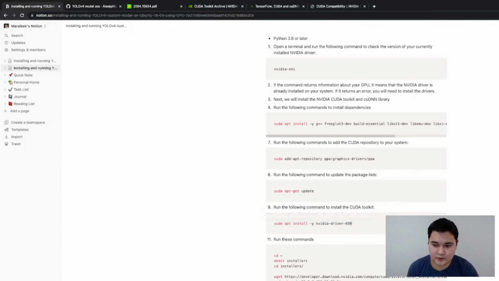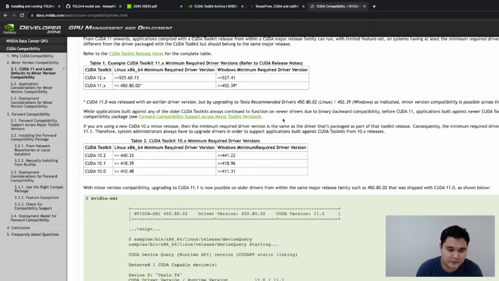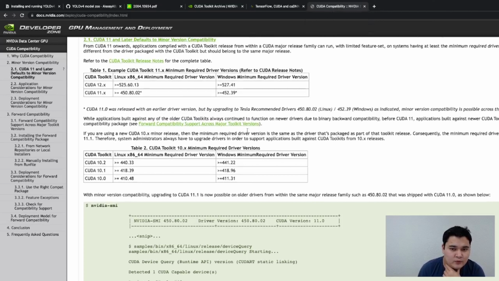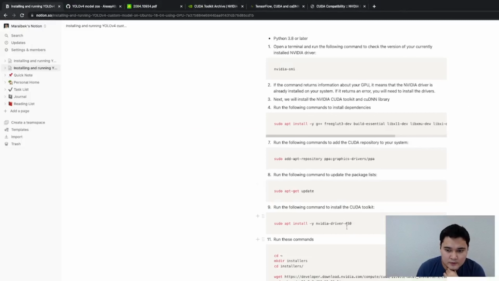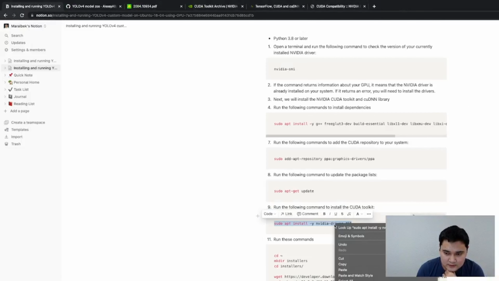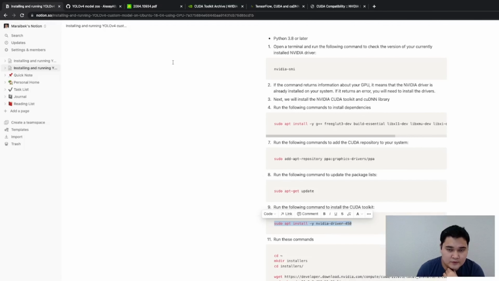And okay, I'm gonna install CUDA, but before installing it, I need to check the compatibility. So since I'm going to use CUDA 11, as you can see here, NVIDIA driver 450 is fine. So everything is here on the NVIDIA website. I'll give you the links as well. So what we're gonna do now, we're gonna go and install this. So I will copy this command and